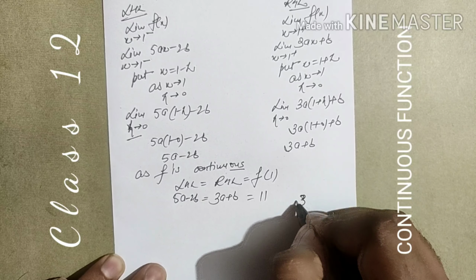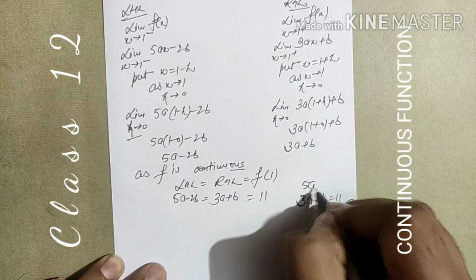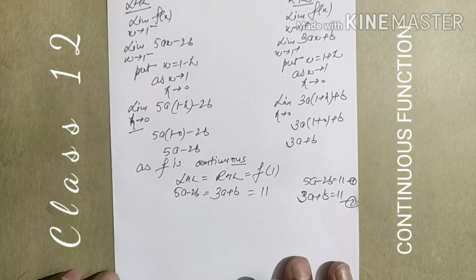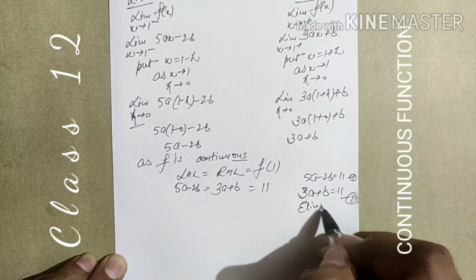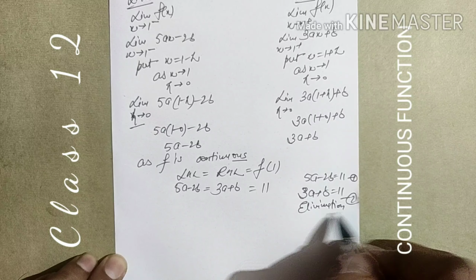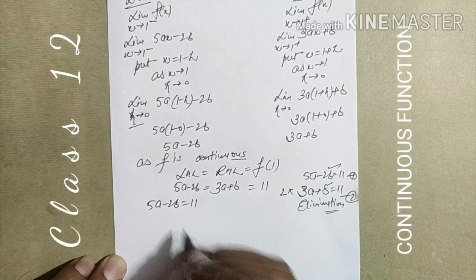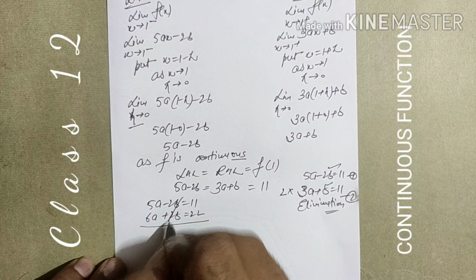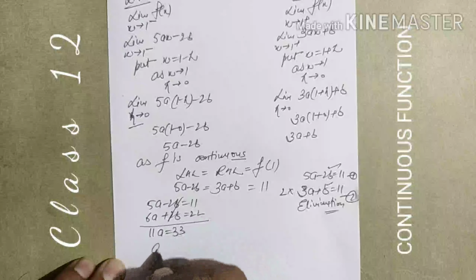Means here we have two equations. This is the second one. The first one is this one. Now we have to simplify with the help of any one method of 10th class that we have done. We are using here the elimination method of 10th class, equating the value of b here. First equation no change, second equation multiply by 2. It becomes 6a plus 2b is equal to 22. On adding, b cancels out. 11a is equal to 33, which means the value of a becomes 3.